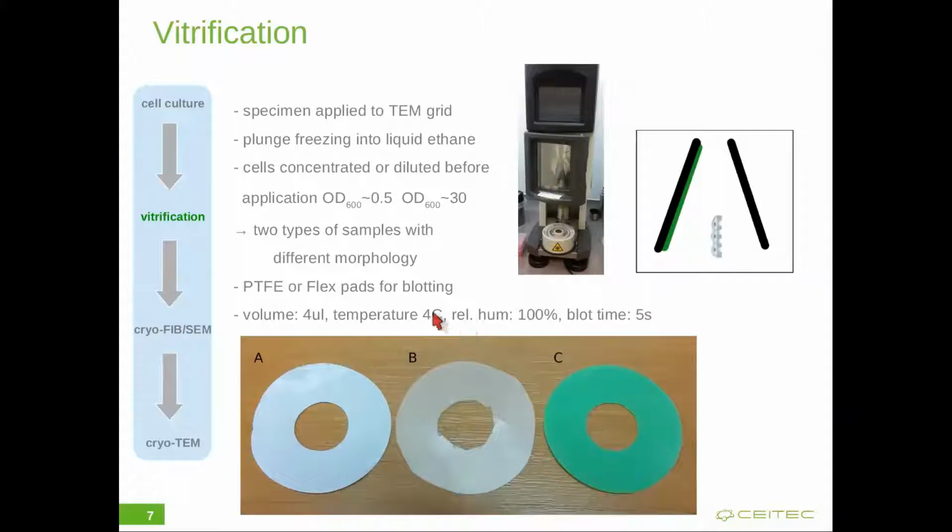Normally used materials are PTFE, so the Teflon, or we have come up with a solution that uses 3D printed pads that you can print from flex material that is standardly available for 3D printers. Then on the back side, on the other blotting pad, we have a filter paper that then wicks away most of the liquid. And thanks to the blotting with this non-absorbent material, we have the cells still retained on the